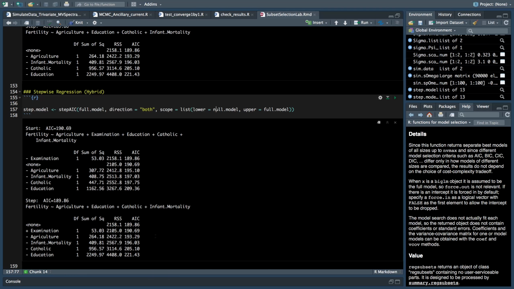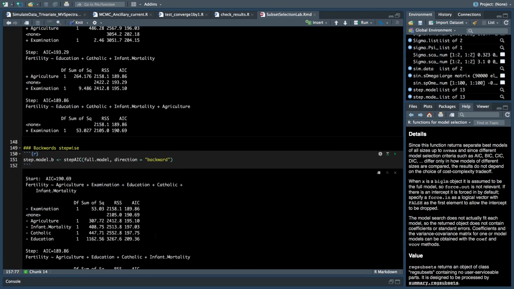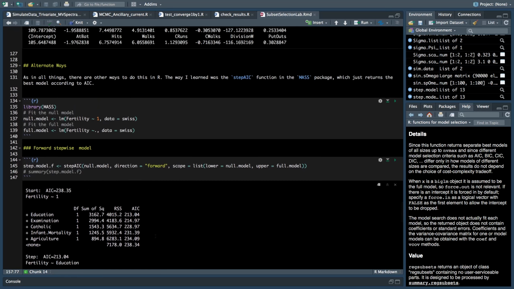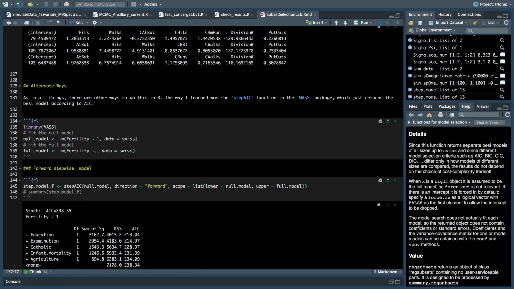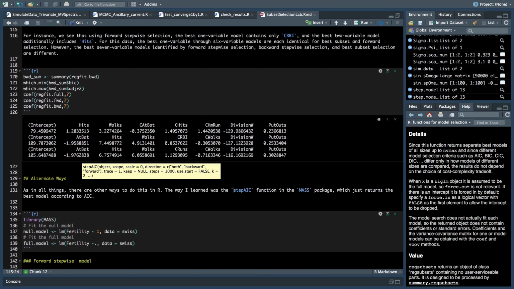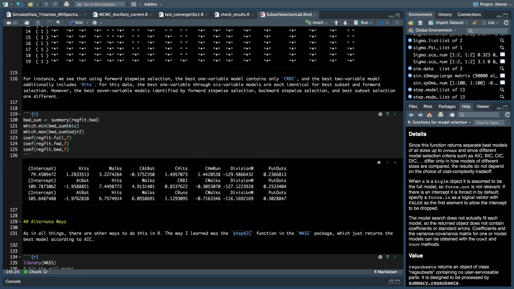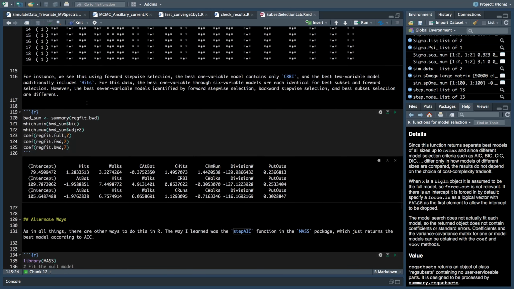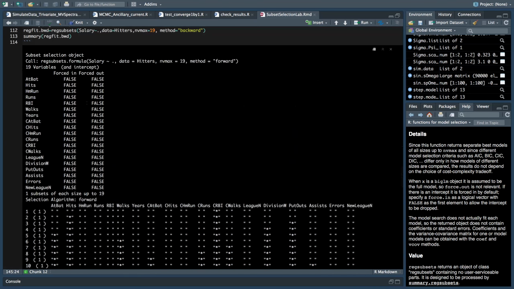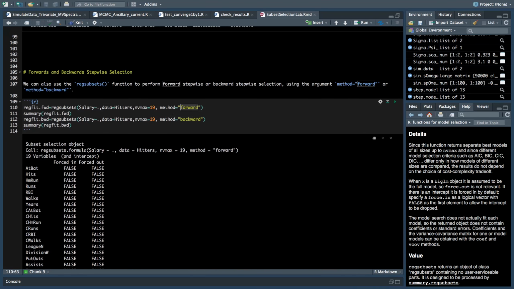Okay, this is how you do stepwise selection. But this function will only be based on AIC. But if you want to use BIC or adjusted R squared or Cp, a better way would be to use the regsubsets function to do the work. Or you can specify the arguments for this one. Okay,